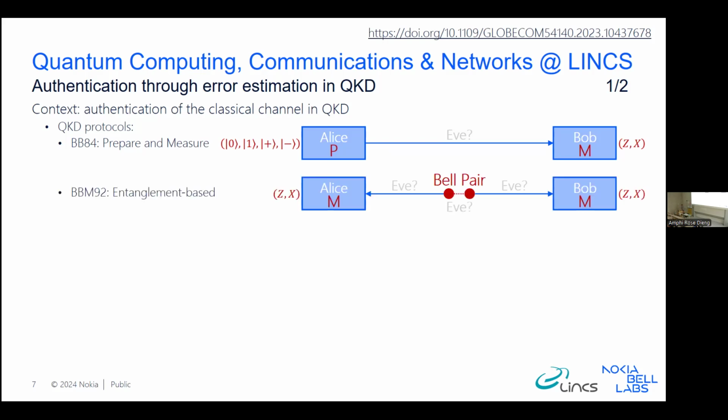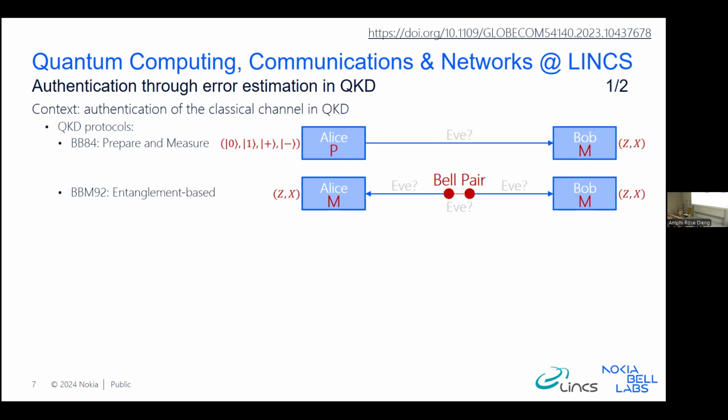BBM92 is another way. So it's again Bennett and Brassard, but with a third author, Mermin, in their paper in 1992. It is based on entanglement. So an entangled pair of qubits is created somewhere in the middle. It can be in the network. It can be close to Alice or close to Bob, anywhere between